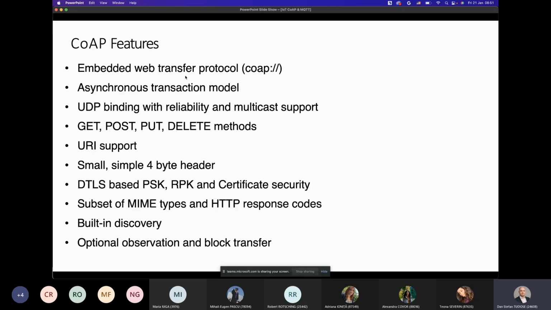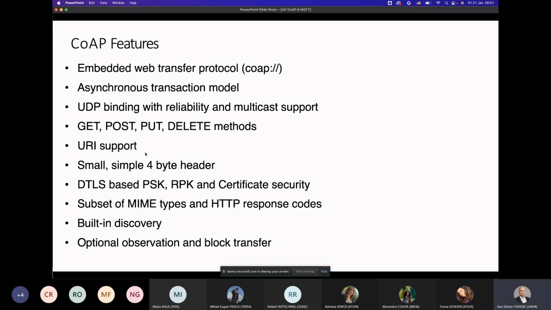It's an asynchronous transaction model, so you don't need synchronization between different devices in your network. It runs over UDP, and you get these, let's say, standard methods, the four that are basic for HTTP as well. You've got the scheme in which you have URI support, so CoAP can work again with URIs, in a very similar fashion to HTTP.